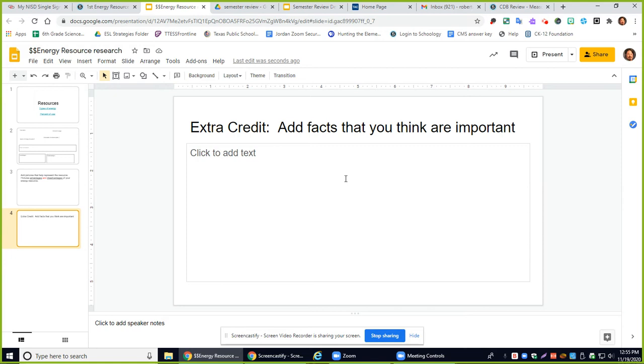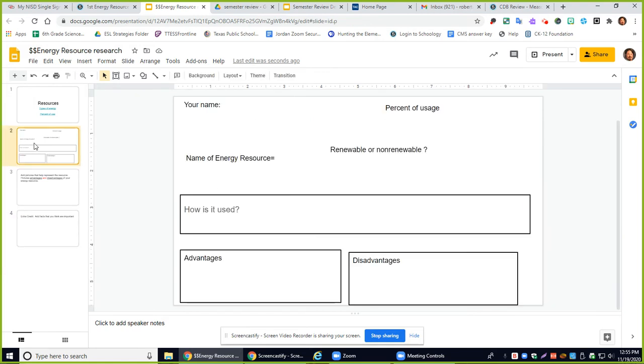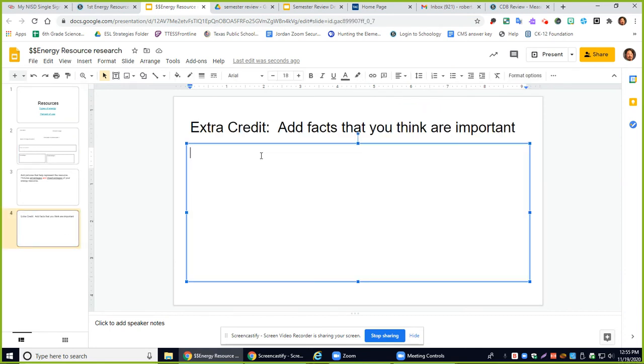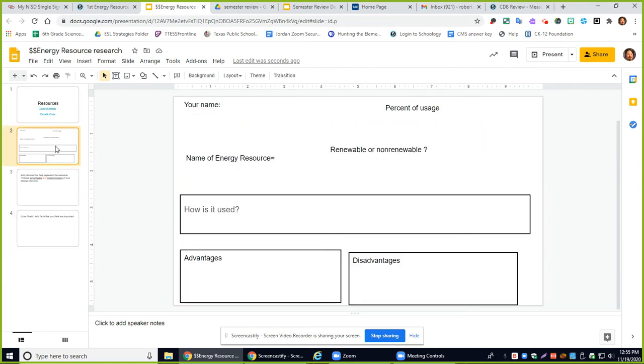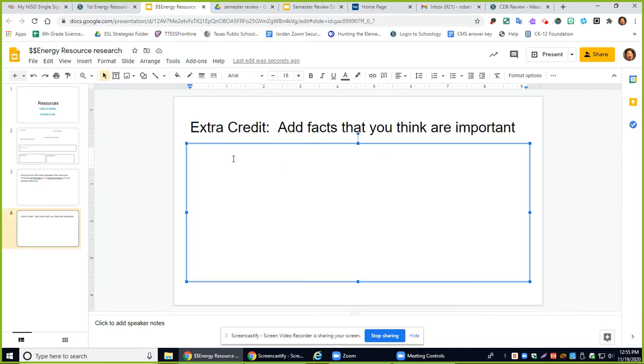So, you always want to make 100. Well, this is how you make 100. It should be information that you do not have up here. And just to let you know, just because you put something in here doesn't mean you'll get extra credit, because I think it needs to go beyond this. All right. So in other words, you're really doing some thinking and some research to find some very interesting